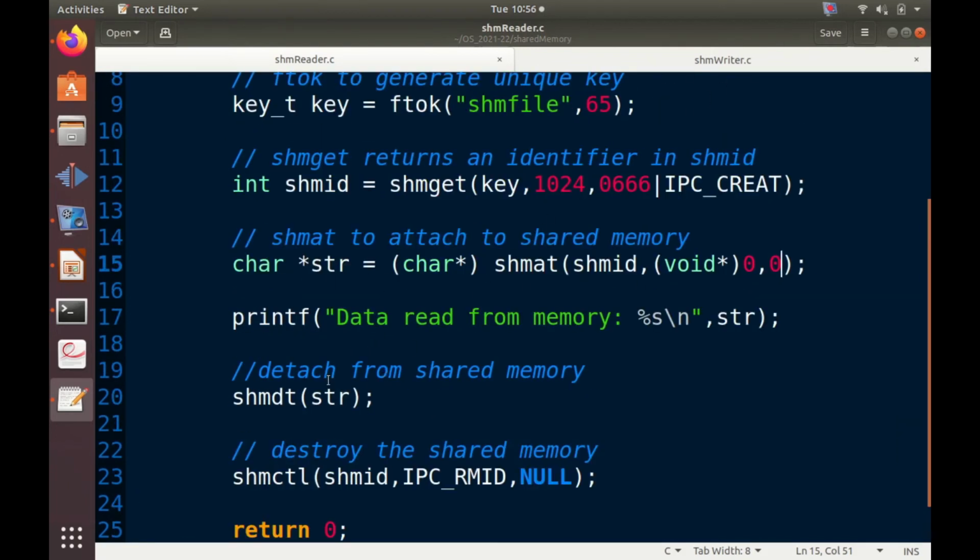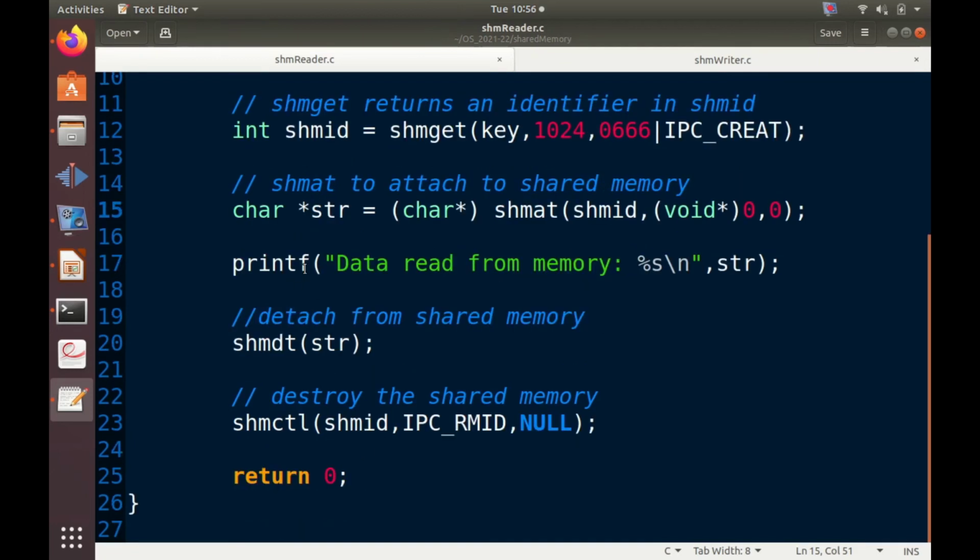So we just read data from str and print "data from shared memory is" followed by the variable returned by shmat. Then after reading, detach the shared memory, and finally destroy it because our program is completed.